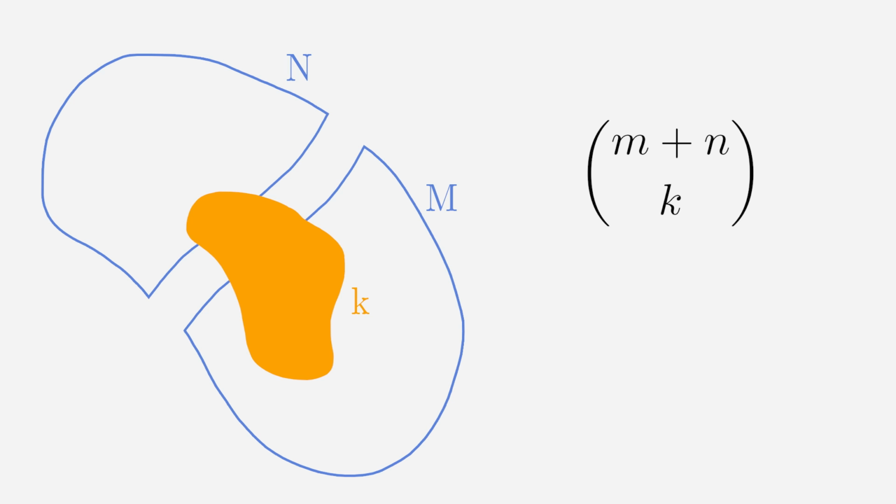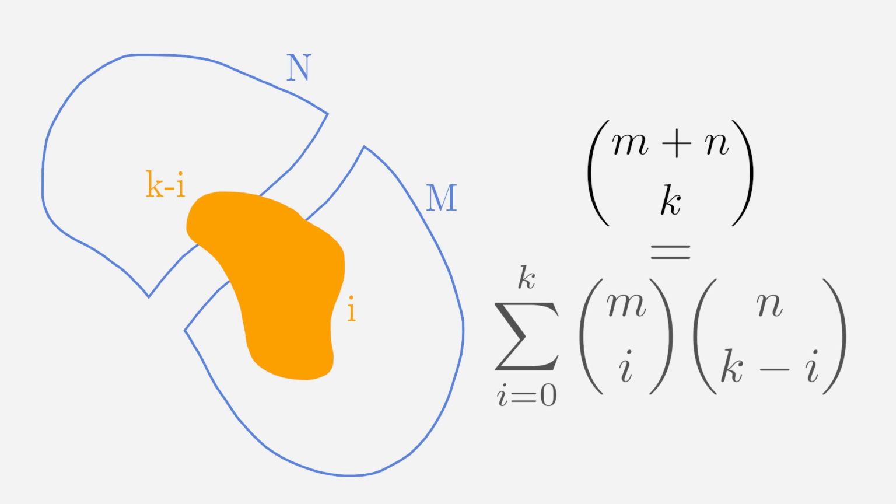Then we construct the same argument as earlier. We want to choose k objects, some of them will be in the m subgroup, and the rest will be in the n subgroup. Summing up all these cases, we get this beautiful sum, and we are done. To sum up, if you want to prove an identity which involves binomial coefficient, before reaching for the definition, try proving it combinatorially first.